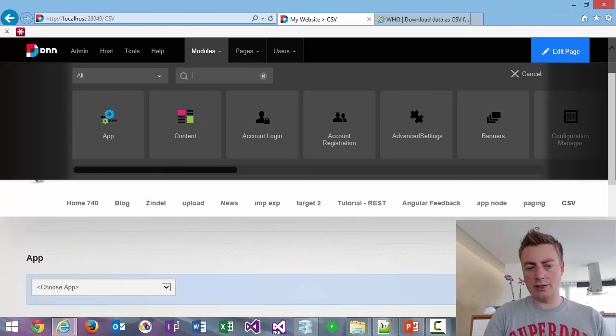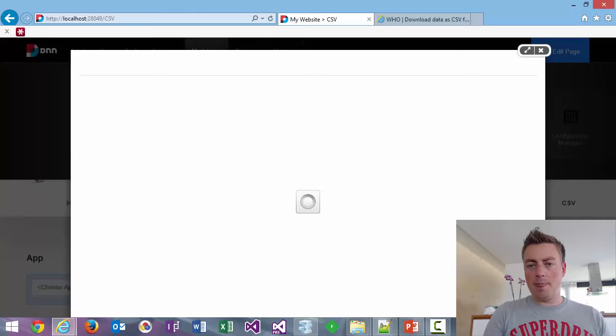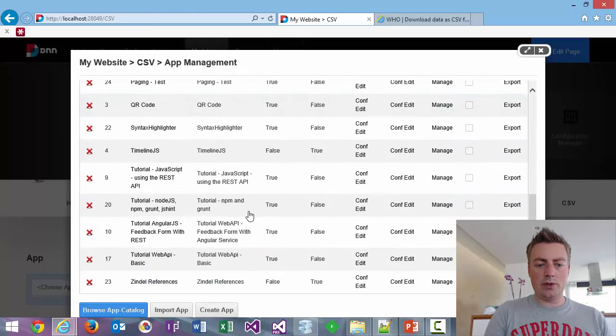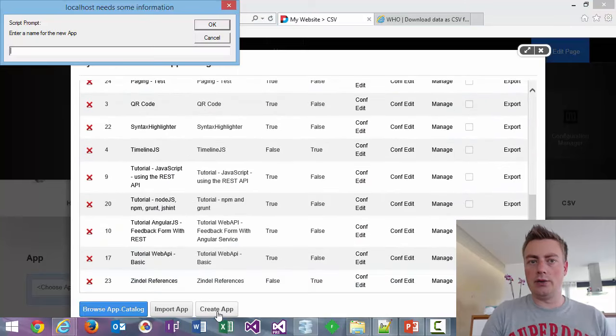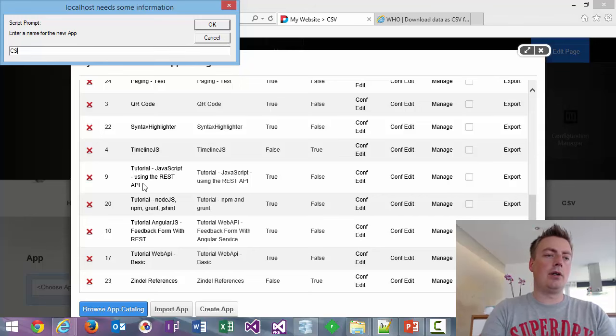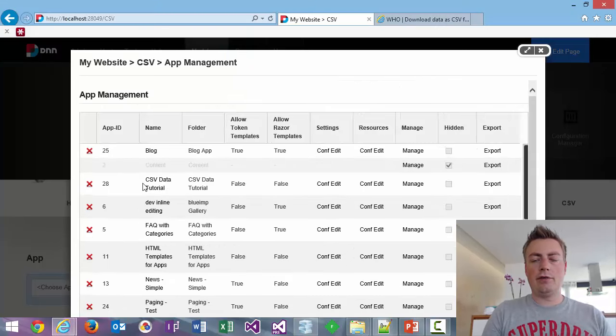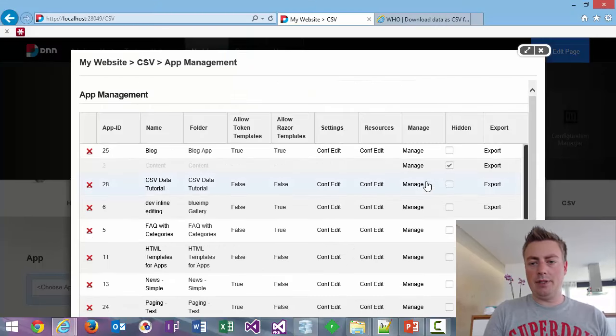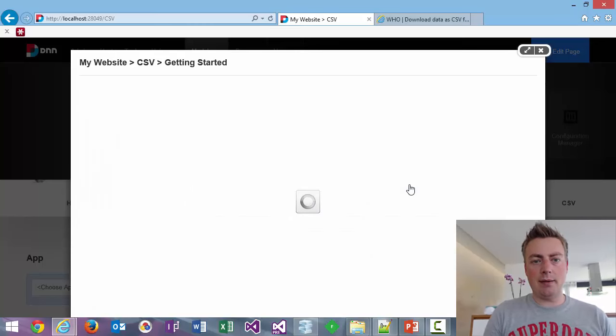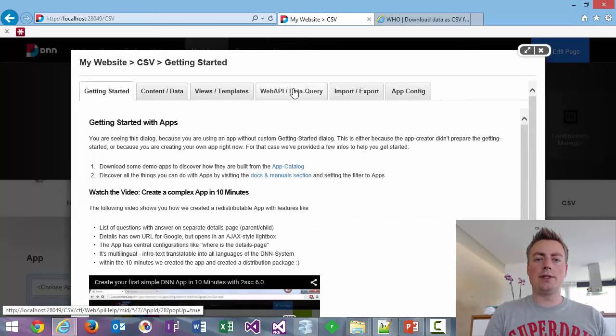Now, if you don't know what I just did here, make sure you install 2sxc and then get started. We're going to create a completely new app so that you can then download it later on and give it a try yourself. And I'm going to call this the CSV Data Tutorial. And of course, this app is currently still pretty empty. I'm going to go into the Manage section of this app, and I'm going to say I would like to